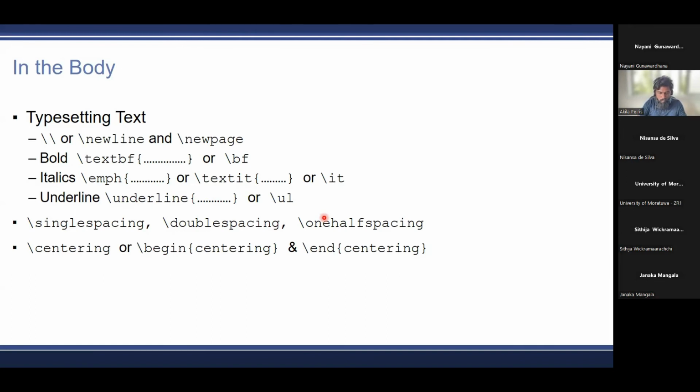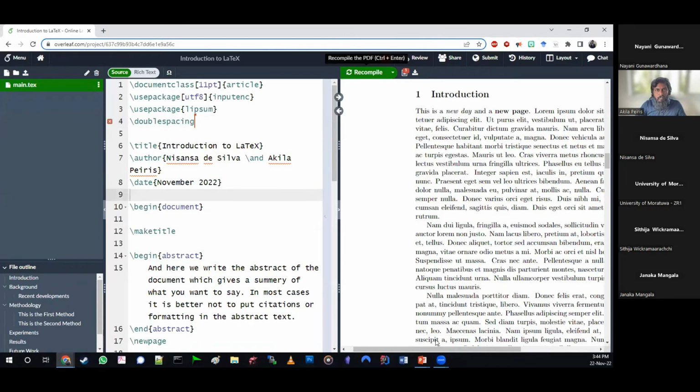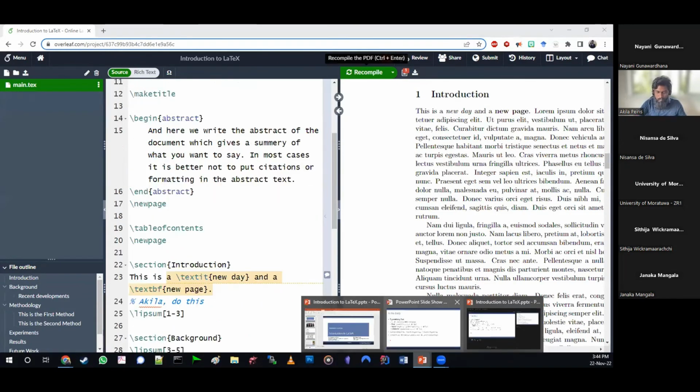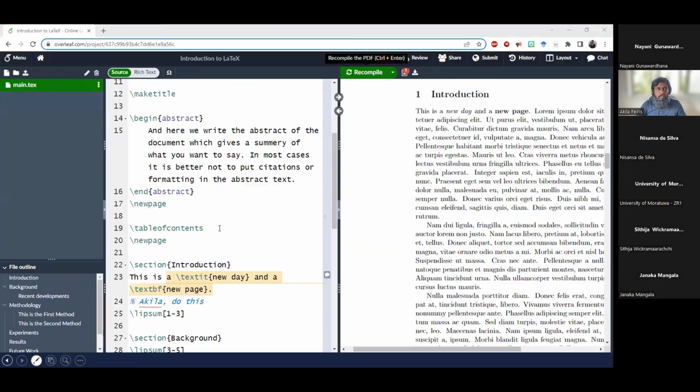Before moving on to the label, let's have a look back at how this is happening. While Mr. Akila fixes that, let me show you how the centering or formatting happens.